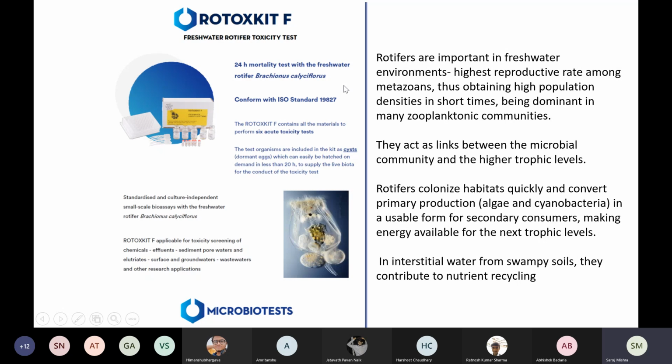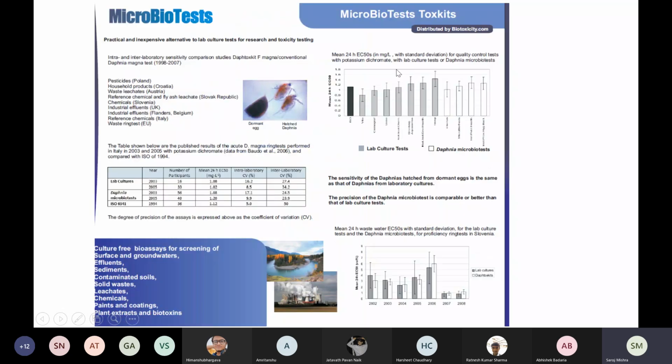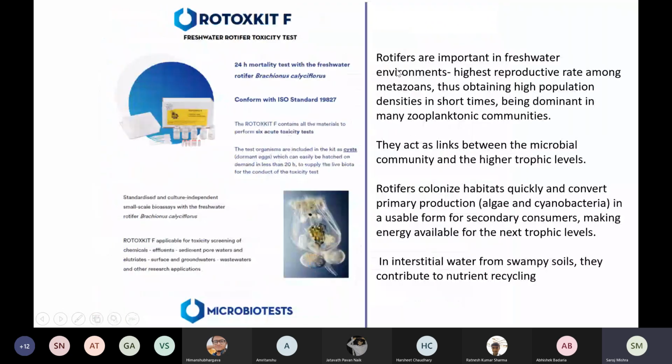Now, again, the importance of rotifers: why do we choose them? You may wonder, what is the logic behind it? The logic is that they are highly representative of a trophic level. Rotifers are important in freshwater environments. They have the highest reproductive rate among the metazoans, which is a category of animals at that trophic level, thus obtaining very high population density in a short time, being dominant in many